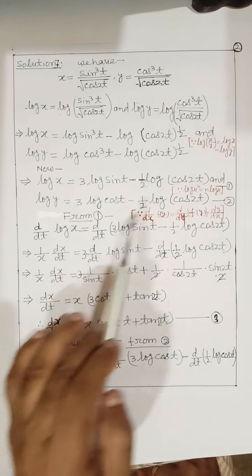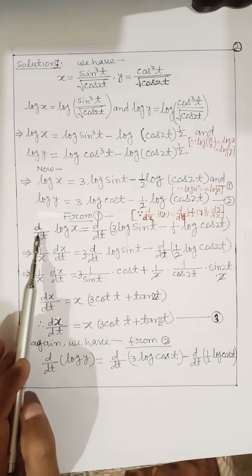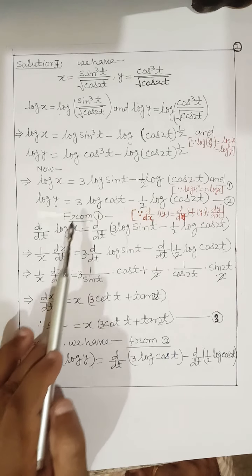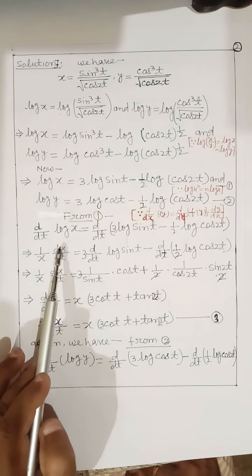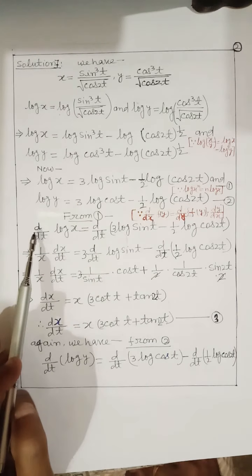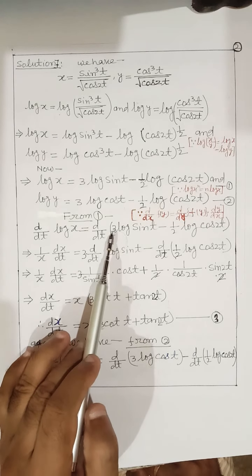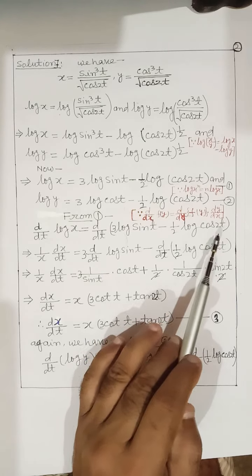From the first, we have d/dt log x, differentiating first with respect to t, we get d/dt log x = d/dt (3 log sin t minus 1/2 log cos 2t),